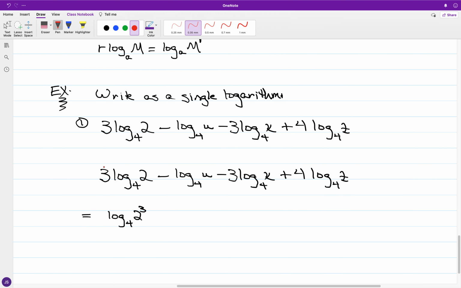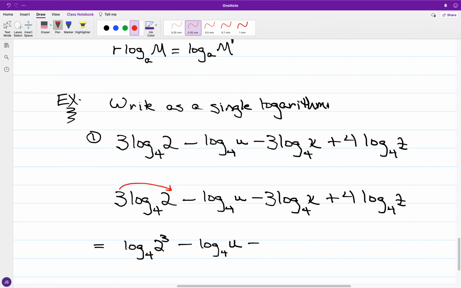In other words, kind of going in the opposite direction here. So I had the base 4 logarithm of 2 to the third, and right now we got minus the base 4 logarithm of u, no exponent to move, and for 3 times the base 4 logarithm of x, again I can move the 3, so you have minus the base 4 logarithm of x to the third,